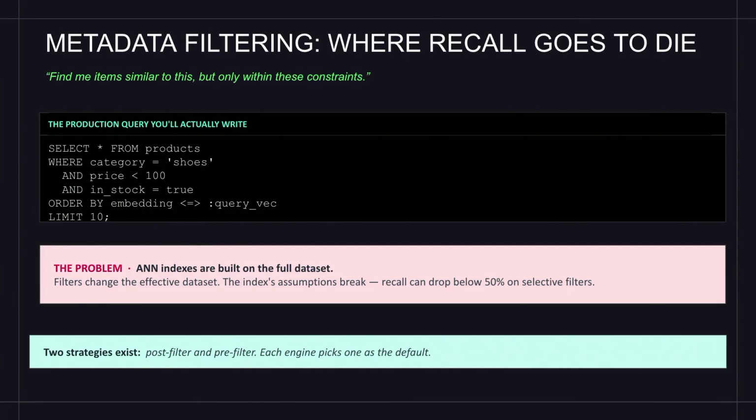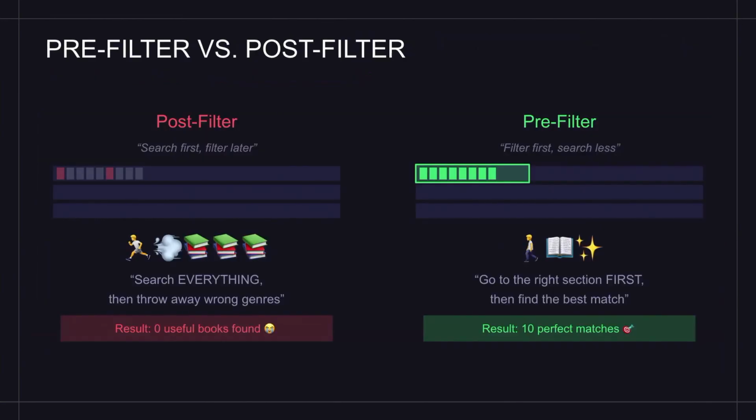So we have 2 different strategies on how to handle metadata filtering: post-filter and pre-filter. Each database that we are talking about today has its own default, or they can be tuned in different ways. So what do pre-filter and post-filter mean?